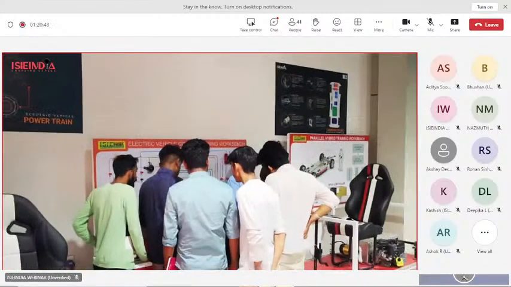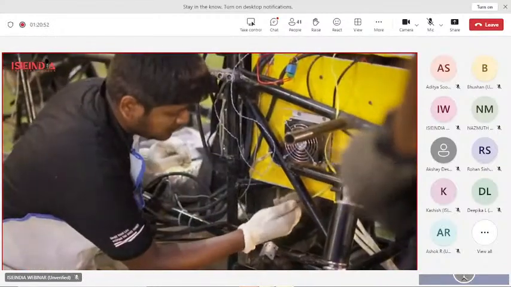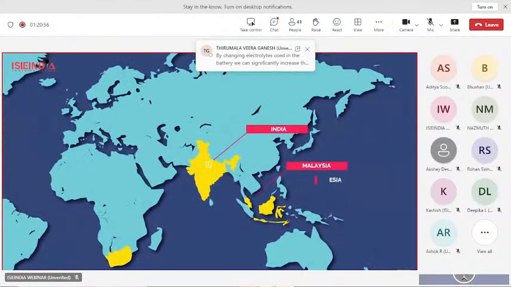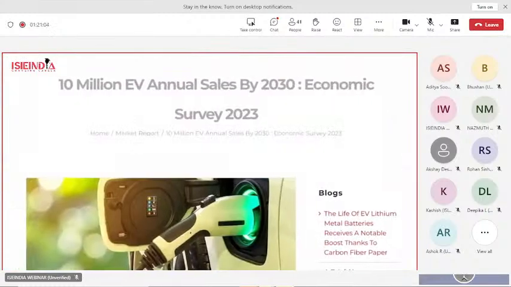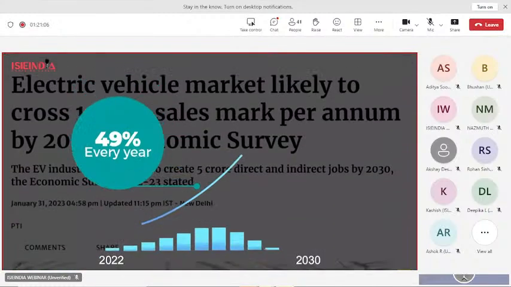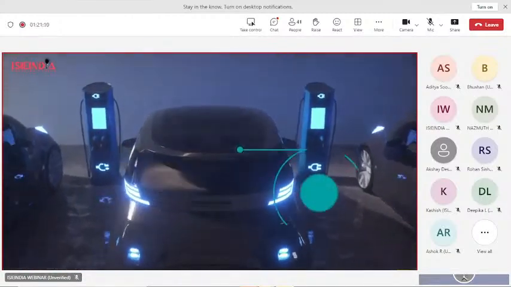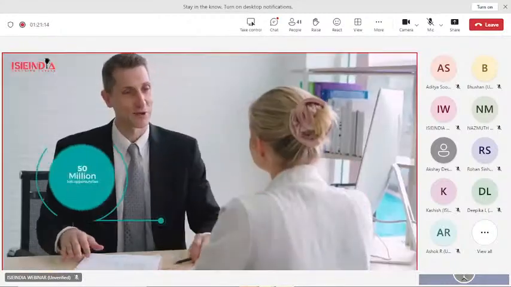We are now a global partner for talent nurturing in the automotive industry. We are fostering the youths for the global EV market and have recently joined forces with partners in Malaysia, Indonesia, and South Africa. According to the economic survey, in India, the market for electric vehicles is expected to grow really fast, about 49% every year from 2022 to 2030. This means we could see 10 million electric vehicles sold every year,